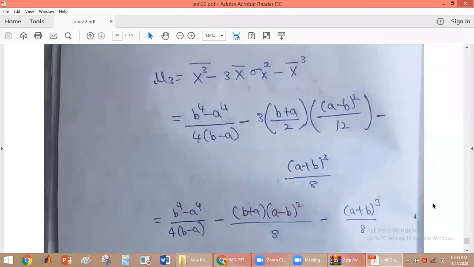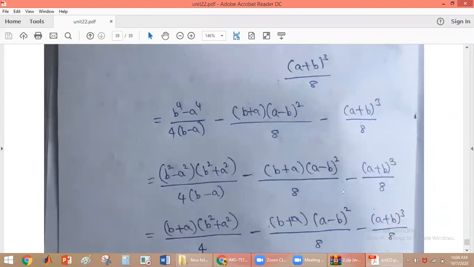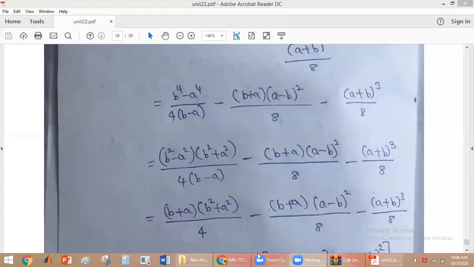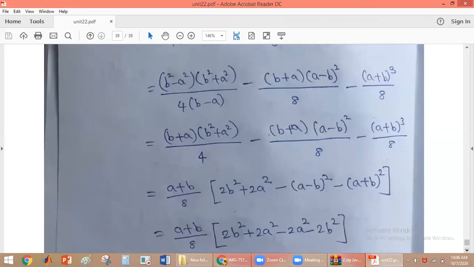Okay, now we substitute all this, and we have to simplify it. If you simplify this and observe all the terms, we see that a plus b by 8 is common in all the terms. Then the terms we are getting here, we are writing it as 2 times b square plus 2a square